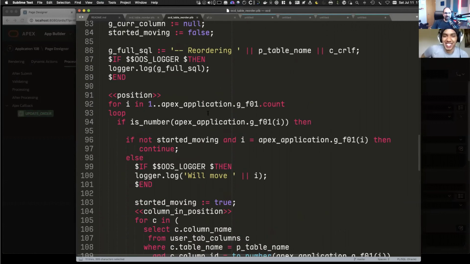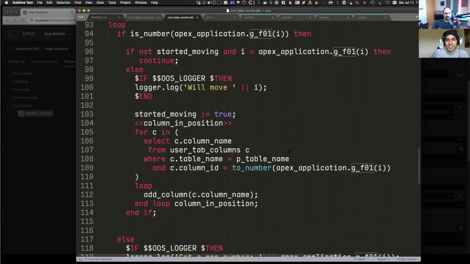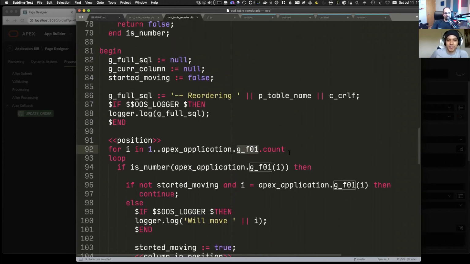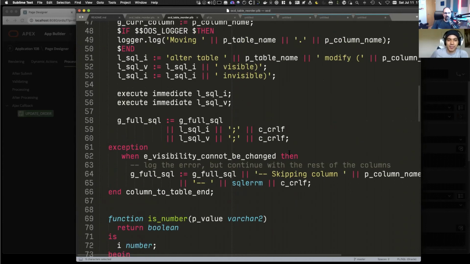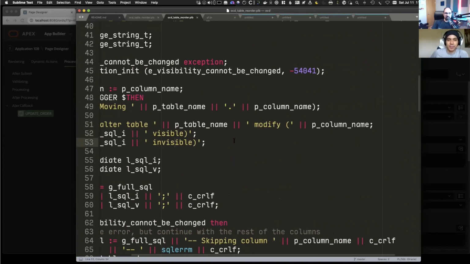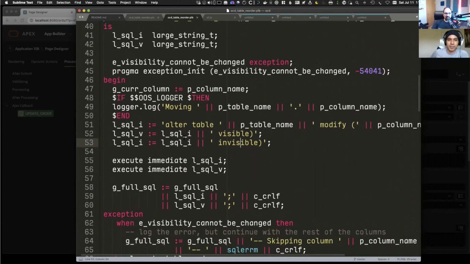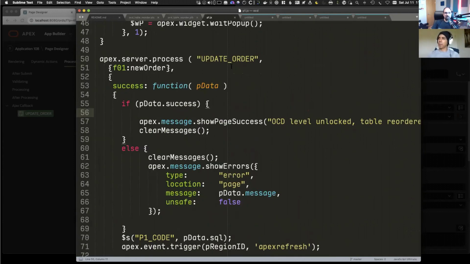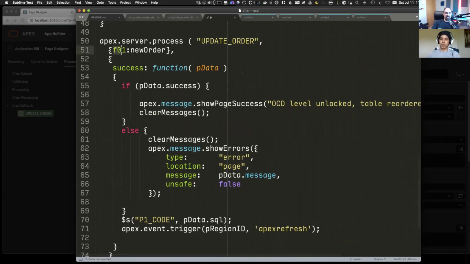Inside this package, we have that Apex application, and we're going to loop through our positions, our GF01. Now, we're not going to go through the complexity of the code. You can examine the code. Basically, it's going to do those alter statements. Somewhere in here, I am building alter table, table name, modify, we're going to make them visible or invisible. Those are the commands that are being ultimately executed, okay? But on the Apex server process, I'm going to pass that F01 with the new order. And if it's successful,